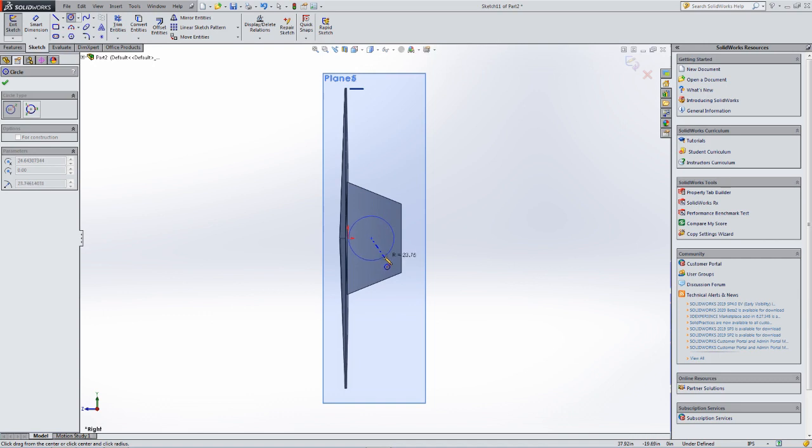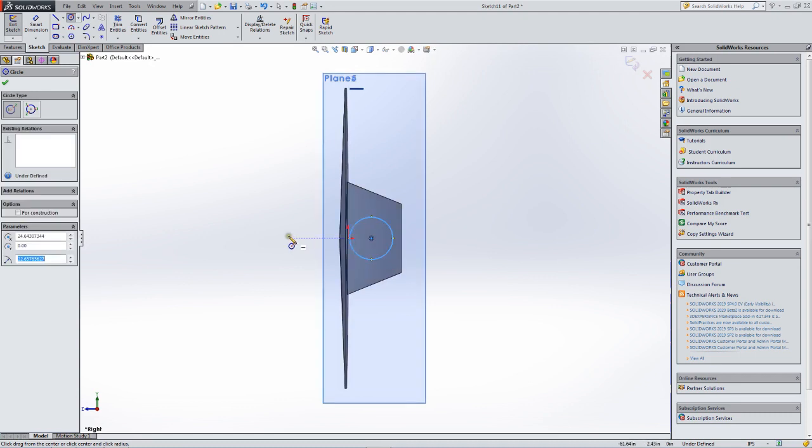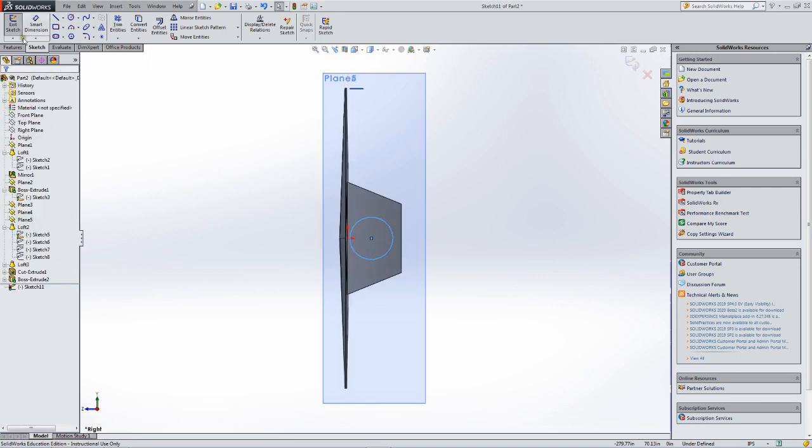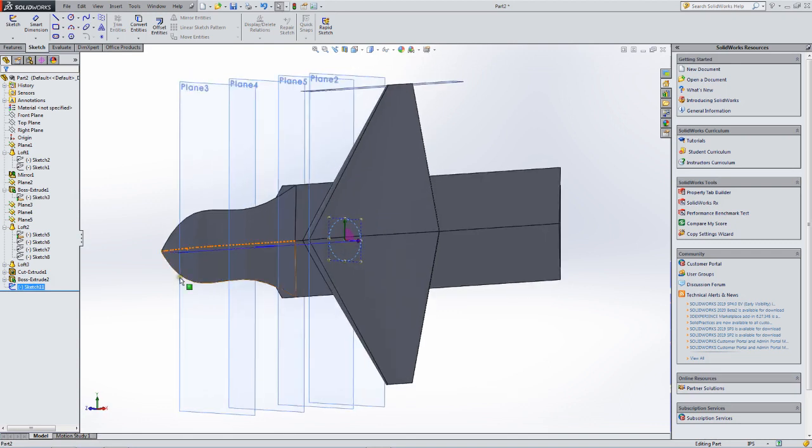F-119 is 43 inches in diameter. So if I go 22, I've got plenty of space there for an F-135. Hit the checkbox, exit sketch, and now we're going to extrude a cutout there to make the engine hole